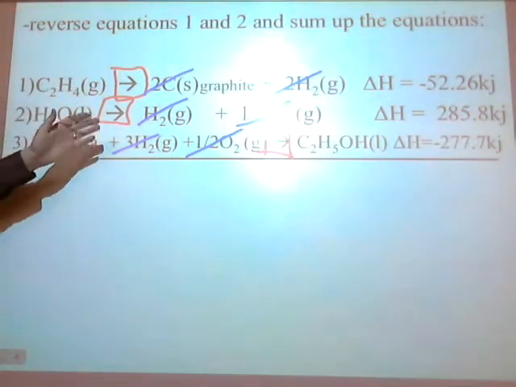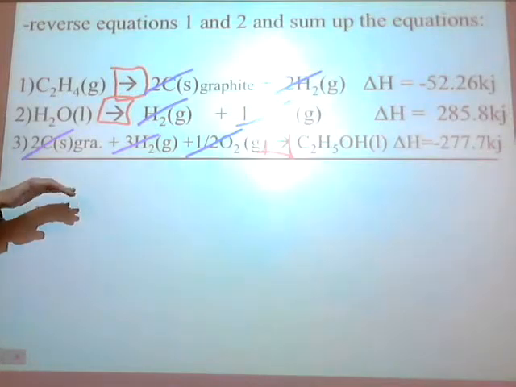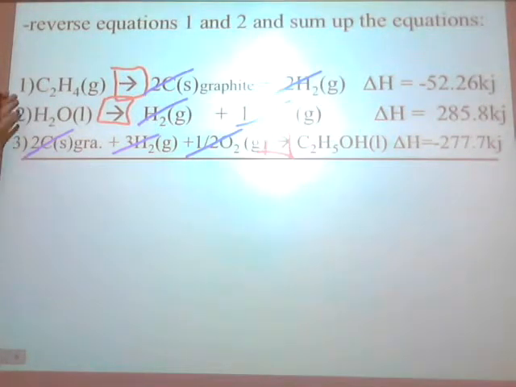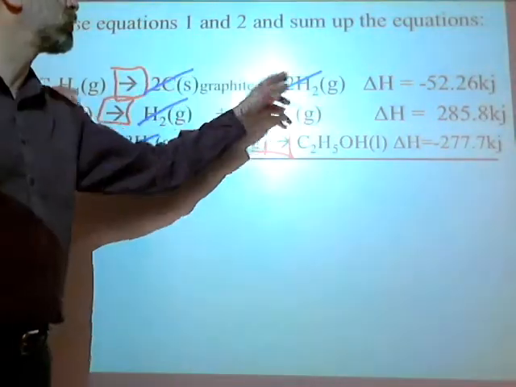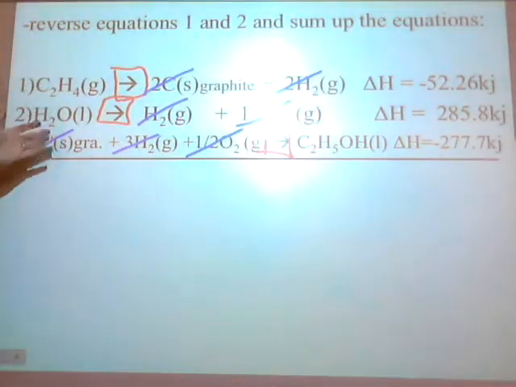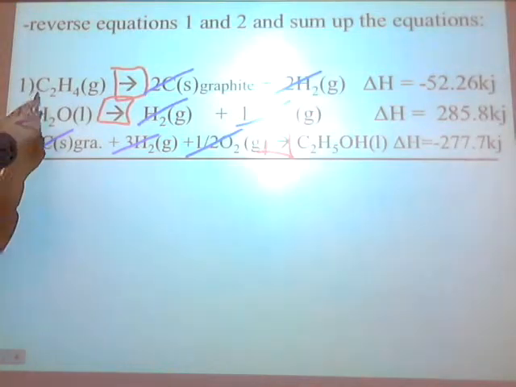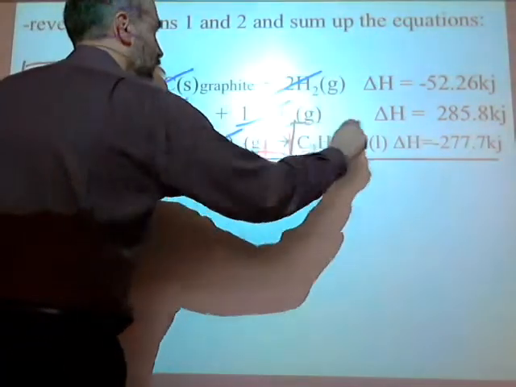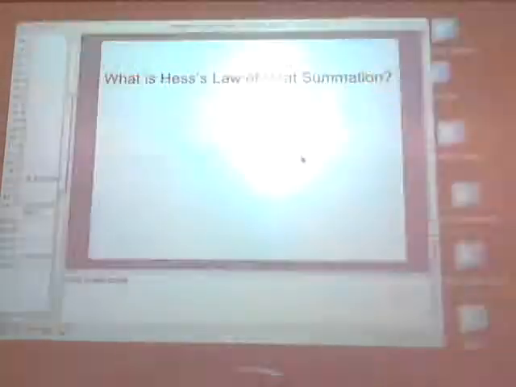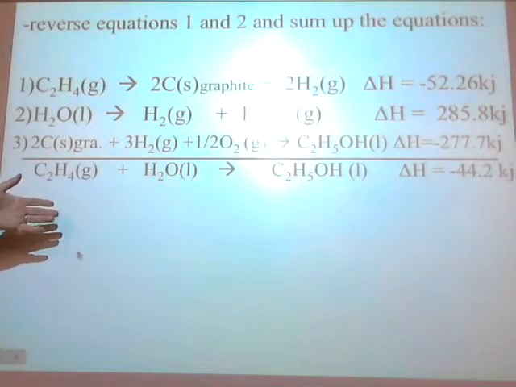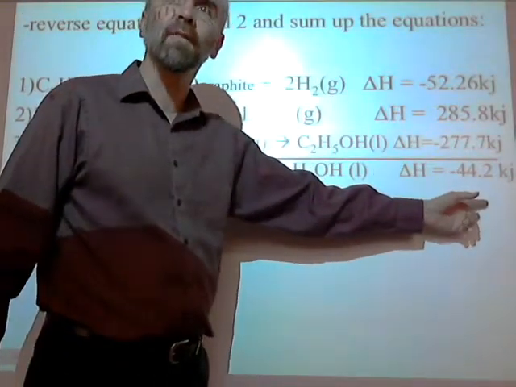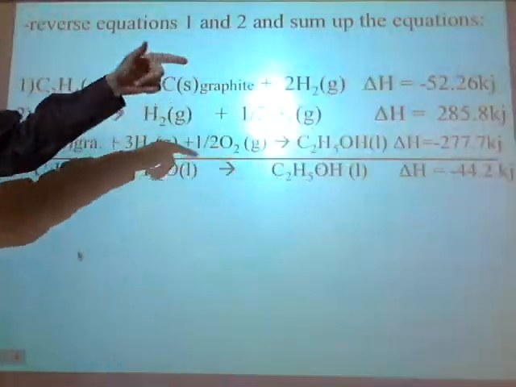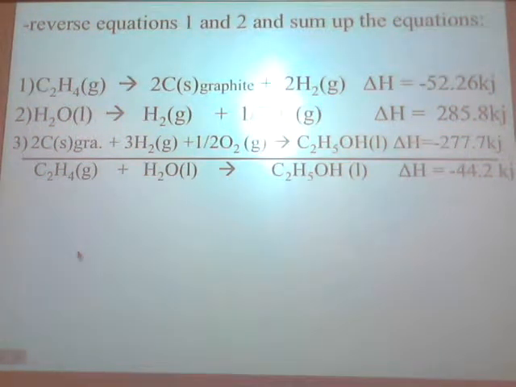What's my end goal of doing this? To have the exact same reaction I started with. And the reason this works when you reverse those reactions is that all of those standard state elements end up canceling out. And what is my summed reaction going to be? This guy plus this guy yields this guy. That's all that's left, isn't it? So basically, here's what you end up with: the same thing you started with, which is exactly what we wanted to do, but now I know how much energy it takes because I've included them in my summation. Isn't that cool? Nice. Pretty cool.